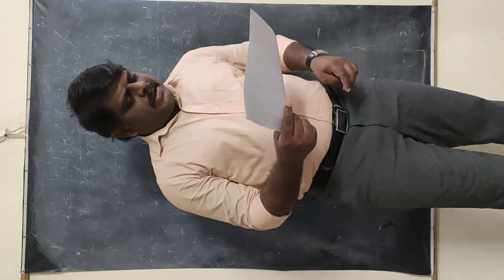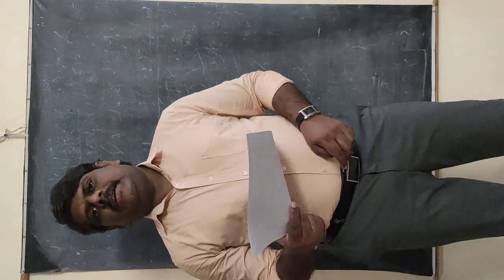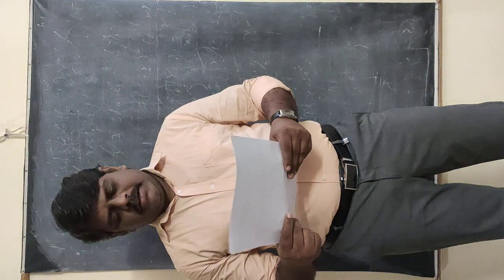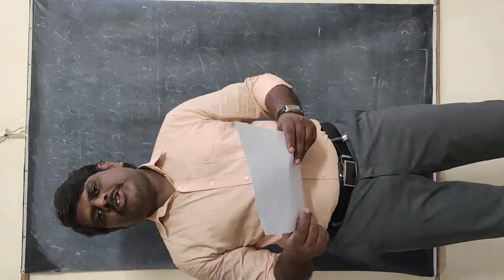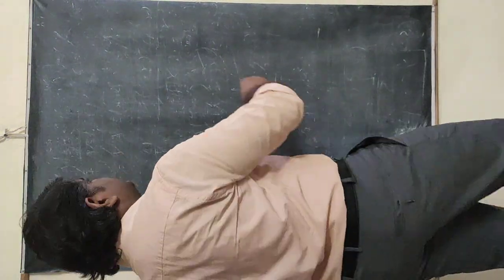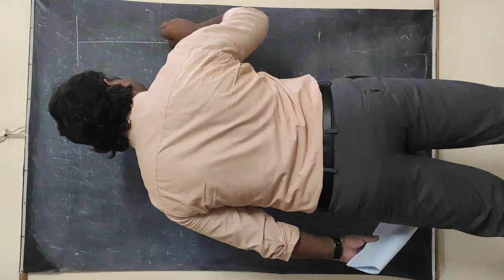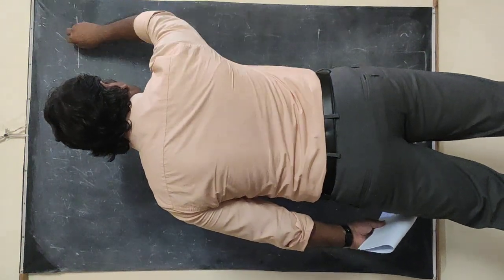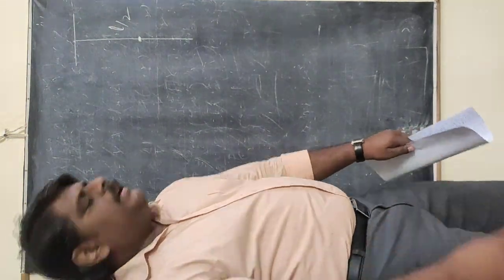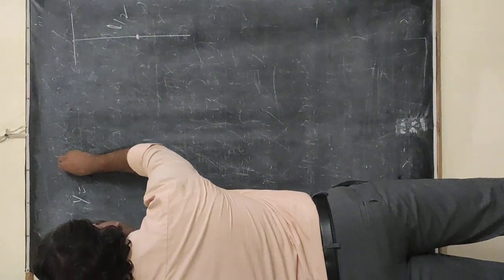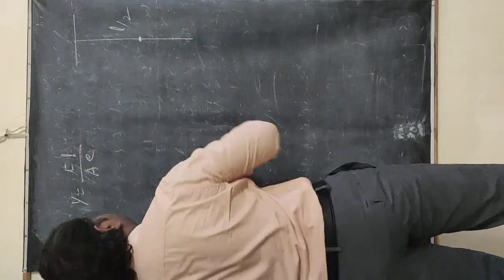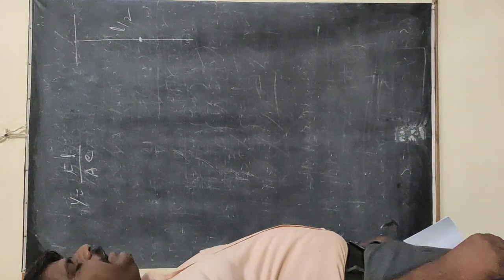Welcome back, students. I explained this concept when I was explaining the concepts. How is the elongation related when the wire is elongated by its own weight? Always remember that whenever the wire is elongated by its own weight, you have to consider the length as L by 2. So the Young's modulus Y is equal to F into L by A into e.